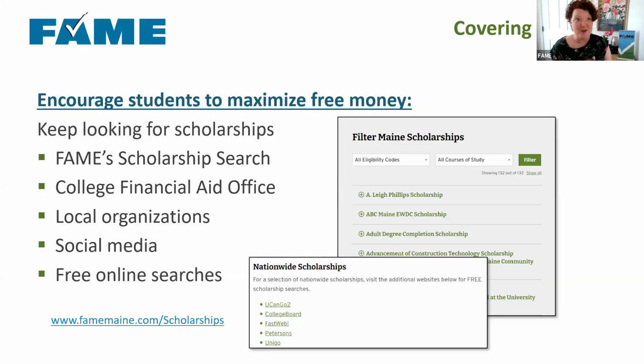And then sometimes you can find whole lists of them. So one of my kiddos is left-handed, and we looked up left-handed scholarships the other day, and there are a number of lists that other people have put together for scholarships for left-handed people. So start that process of looking for scholarships and building them out.